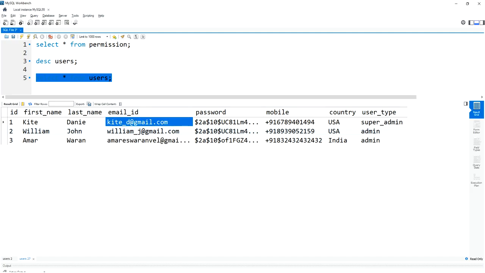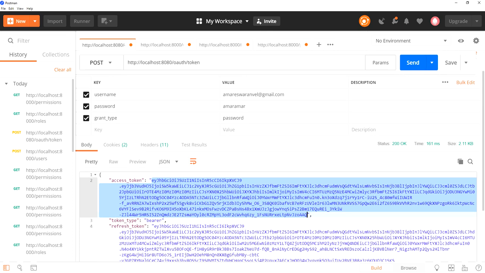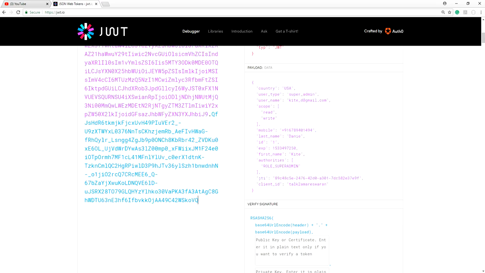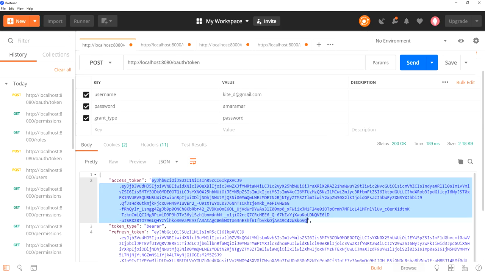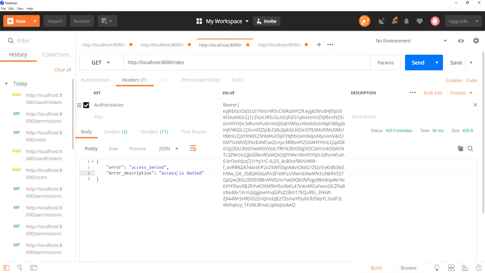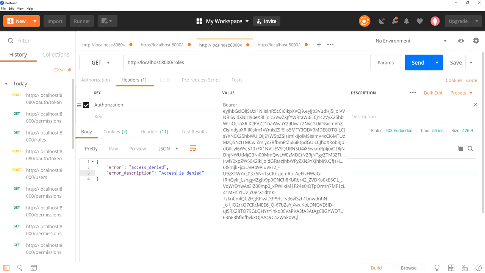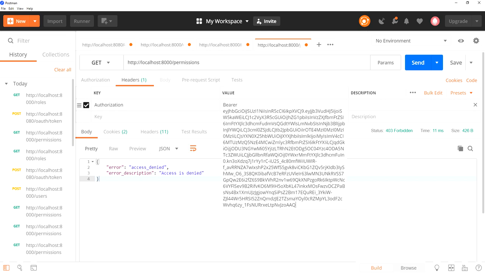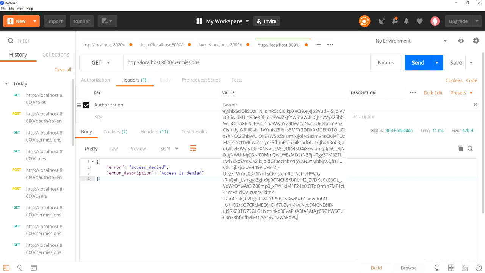And also we added the super type user, I mean the user type is super admin. Now I am going to get the token for the super admin also. So this is the super admin user type. Now we can access all the resources without any issues. Now I'm going to paste it here. So look at here, in the authorities we have ROLE_SUPER_ADMIN. By using this token I'm trying to access this resource, bearer. So look at here, I am able to view the roles, and then I am able to view the